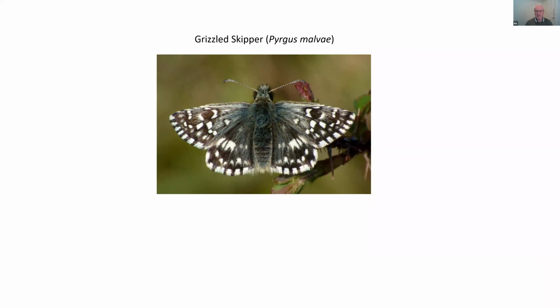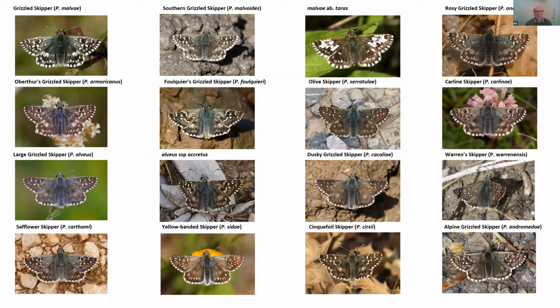Grizzled Skipper. If you see this in Britain, you know it's the Grizzled Skipper, there's no question. But as we know, it's not quite so simple in France, because you get a selection. Not only do you get Grizzled Skipper, but pretty much south of Lyon, you get the southern Grizzled Skipper,